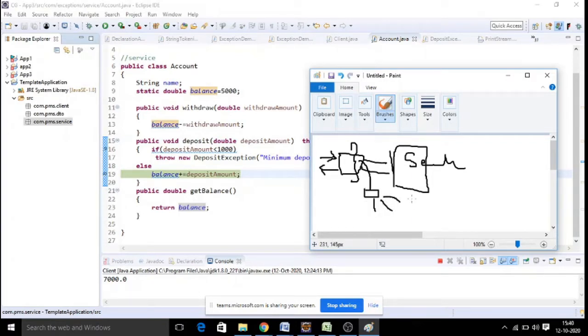One is called a bean, sometimes we call it a POJO class, plain old Java object, sometimes we call it a data transfer object. DTO or POJO or bean, all are nothing but the data coming from the end user, which we store in the form of an object, not in the form of individual variables. So that is a standard we need to maintain. And that is the object we will use for the service layer.